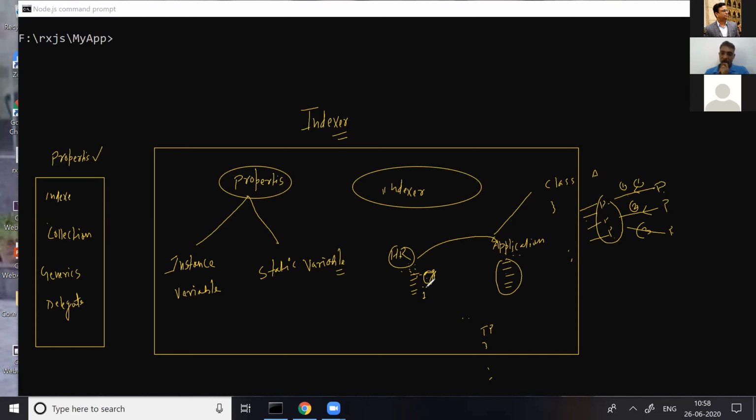Don't you think when the HR class creates the instance of the applicant class and types object dot, it gets the whole list of properties. Properties are really good when you want to bind variables of two types, instance variable known as member variable, or static variable.